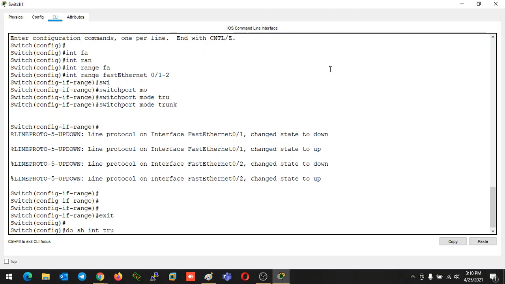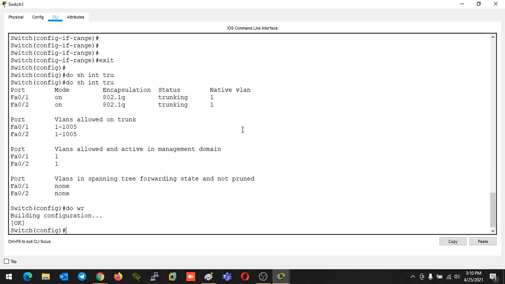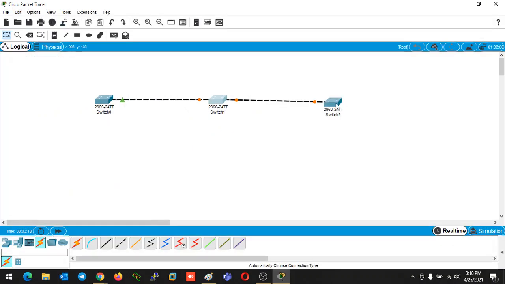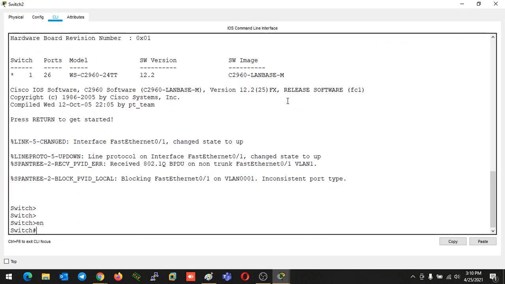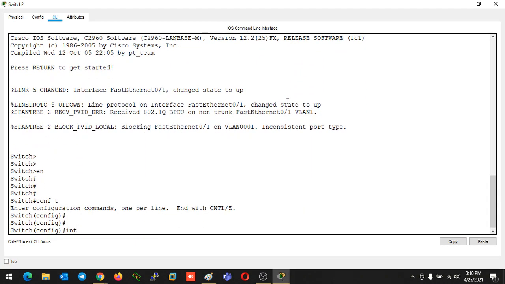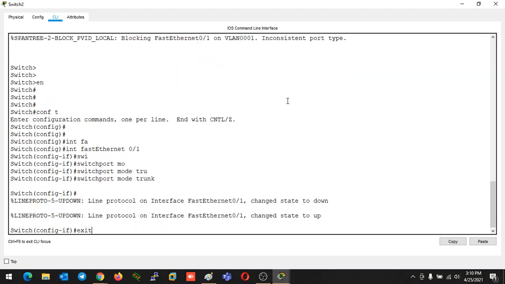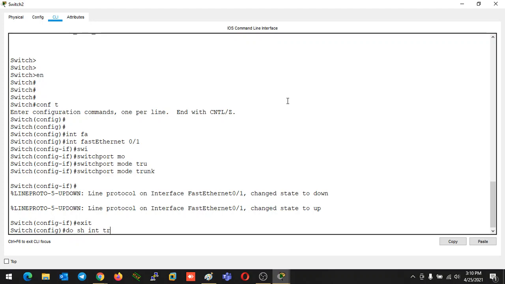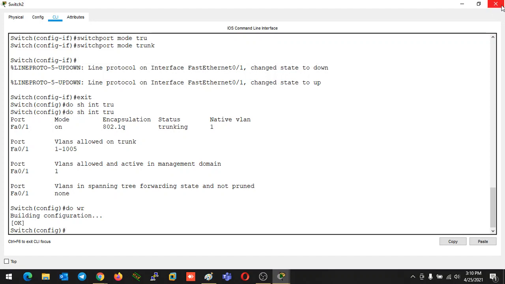Then show interface trunk, and I can see FastEthernet 0/1 and FastEthernet 0/2 are working as trunk ports on this switch. Also on the third switch I have to do the same thing: interface FastEthernet 0/1, switchport mode trunk. Here also I can verify FastEthernet 0/1 is working as a trunk port right now.